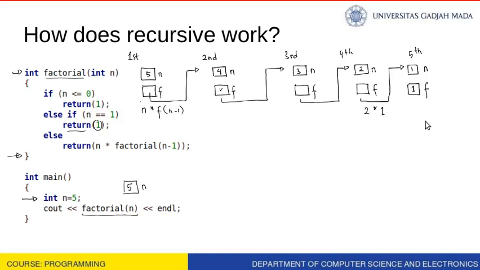right? Because this return value is 2 multiplied by factorial n minus 1, which is factorial 1, and we know the value of the factorial 1 from this returning value, so we have 1 here, and this 2 is coming from this n. Okay, now 2 multiplied by 1 will be inserted to this returning value of the fourth function call. Then this returning value will be calculated in the third function call,